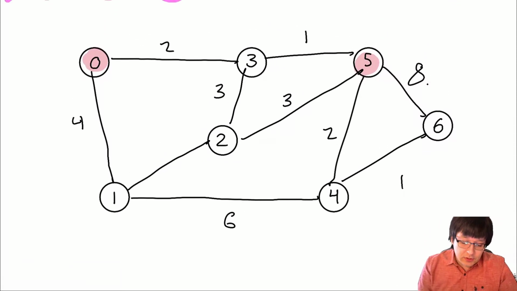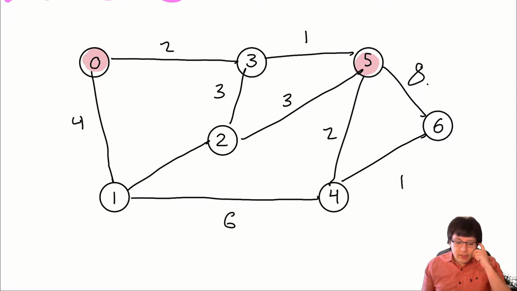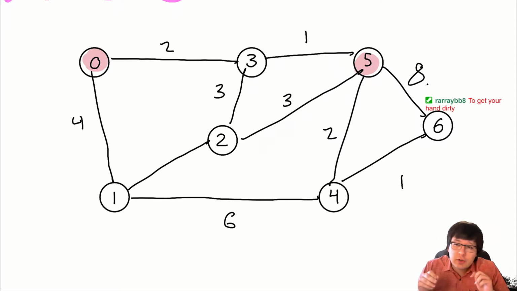Okay, so I went ahead and created a little graph here, and what I'm going to do is show you how to do Dijkstra shortest path. Let's just go for it, and you'll see it. And again, what we get when Dijkstra finishes is kind of cool. You don't just get the shortest path between the two nodes that you want. So if you have a graph and you say, I just want to know the shortest path between 0 and 6, then